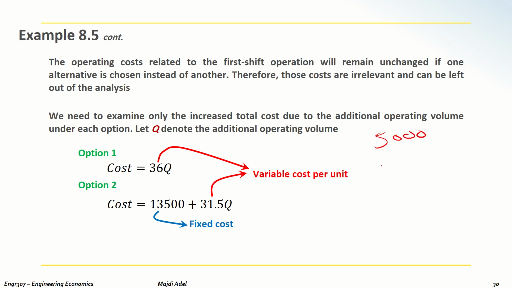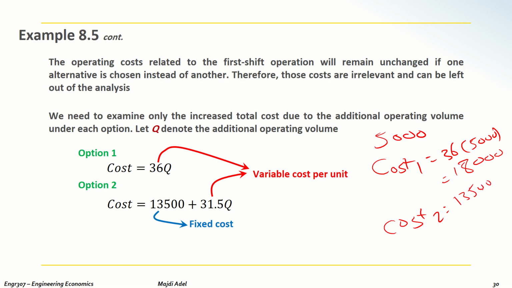The cost for the first option is going to be 36 multiplied by 5,000, which is going to be 180,000. For the second option, if I'm producing 5,000, it's going to be 13,500 plus 31.5 multiplied by 5,000,